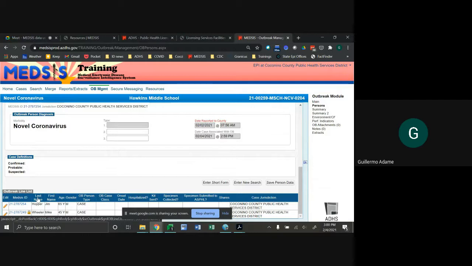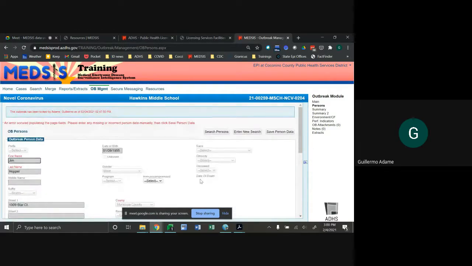And you can actually click on these to filter them by column. I never link people this way. I always go into the MEDSIS case. I find that's just easier, more certain, more intuitive as well. So, yeah, this method can be a bit more challenging, but you can always reach out to us for support. We're also available to support local health jurisdictions in identifying cases that should be linked to closed outbreaks, but are not yet linked based on information in the at-risk fields or DSO.